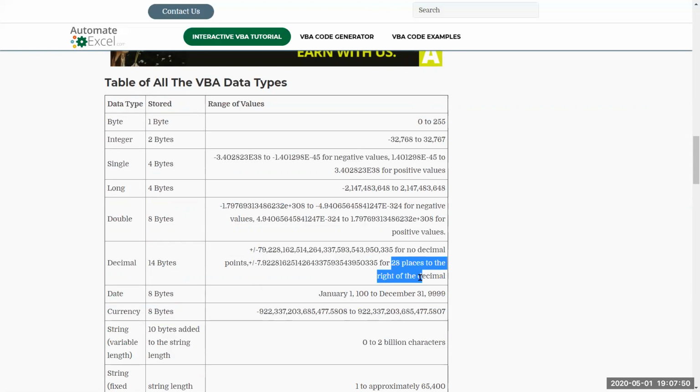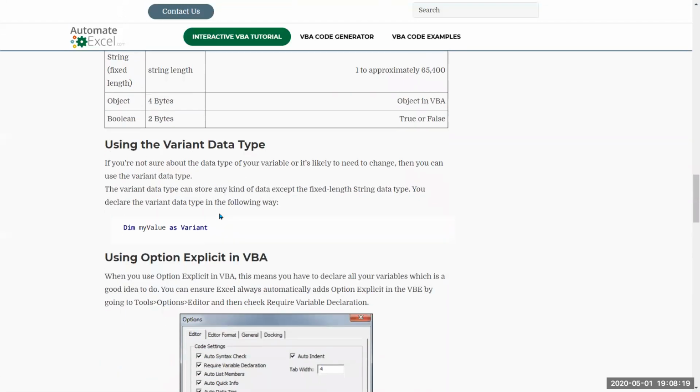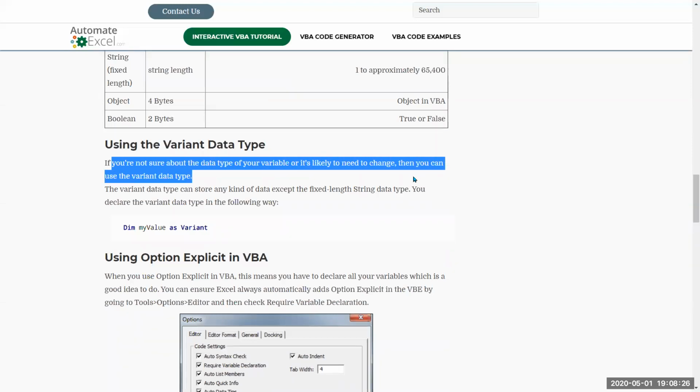Now you would say, but why don't we always use a decimal? Is it not better? Because that way I will make sure that whatever is the type of data, I will be able to accommodate it. But that's not how it works. The problem is decimal also requires more space in a code. And this 14 bytes that you see can have a huge performance impact. That is the reason you should only choose the data type that you feel is required for your work. If you don't feel that you require more than 255 as a number, then don't choose a byte. And like this, you have different types. Finally, you have something very special called the variant, which means if you're not sure about the data type of your variable, right, then you can use the variant data type.